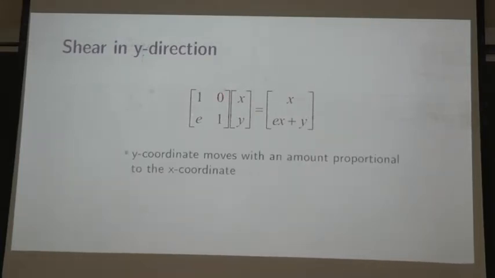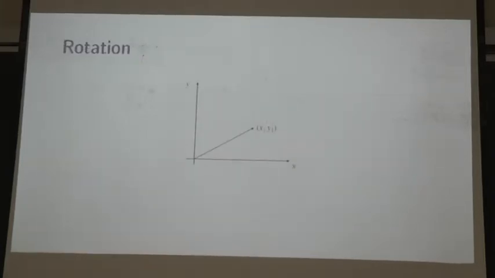The scale factor would shift from here to here. Now the y coordinate is being impacted. Okay? So the x coordinate remains the same. When you are shearing in y direction, the x coordinate remains the same, but the y coordinate gets changed in proportion to the x coordinate. The bigger your x is, the bigger the y will go. Okay? If these seem not so obvious to you, I recommend that you do some practice, and it's actually straightforward. It's straightforward matrix multiplication. In fact, matrix multiplication can be thought of as just transformations.